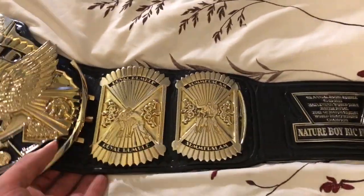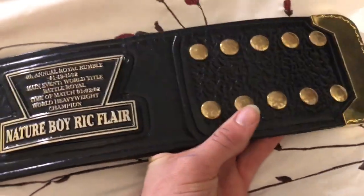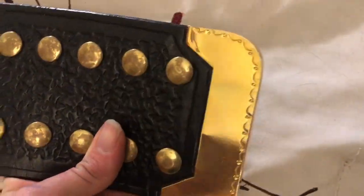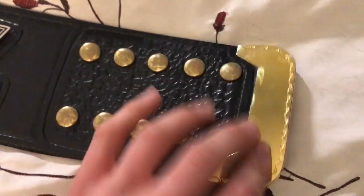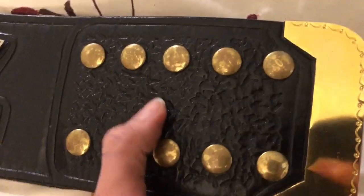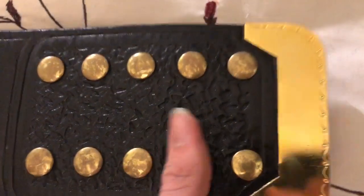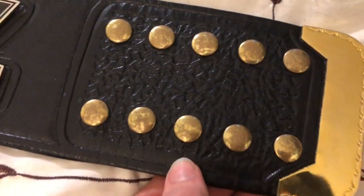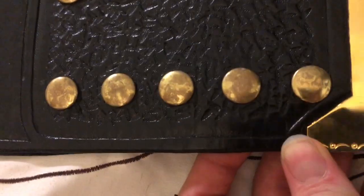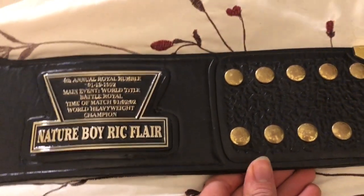So yeah, let's take a look at it, and this time I promise it's not going to be in such poor quality. So, like always with Midwest belts, you got the solid gold tip. Two by 5 snaps with the Midwest style toolbox. And the beveling. And for those of you guys who don't know the story behind this, a collector